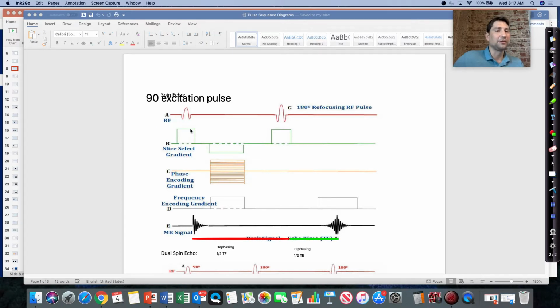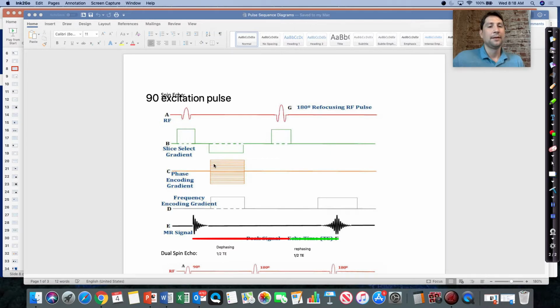Another thing I want you guys to notice about our spin echo pulse sequence is this slice select gradient. This slice select gradient is turned on any time an RF pulse is turned on. This factors in when we start to talk about flow, blood flow. Because a spin echo pulse sequence sometimes is unable to catch flowing blood within the arteries and the veins, where it has to excite it and refocus it, you don't actually get signal in blood flow on those pulse sequences. You get what we call a blood flow void, so there's going to be no signal within those